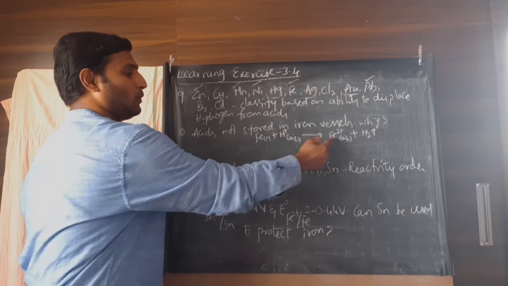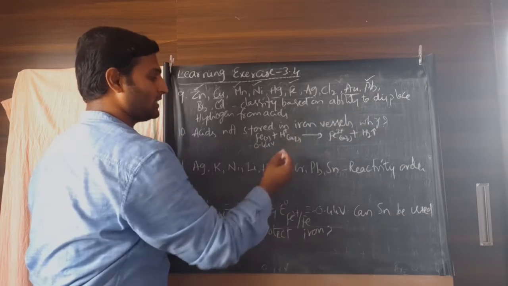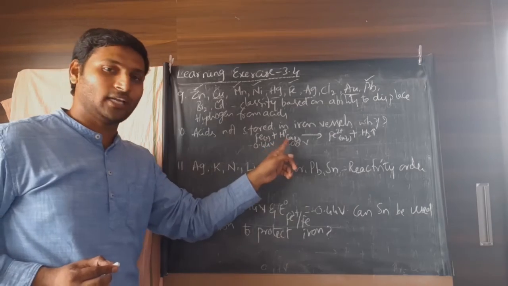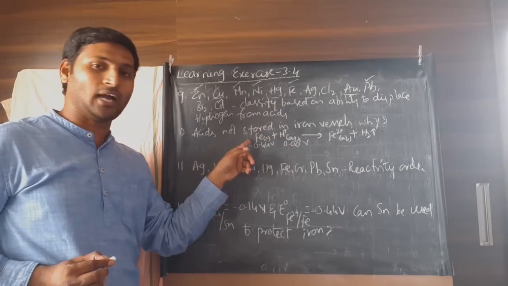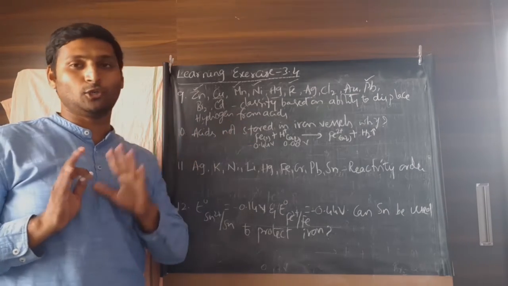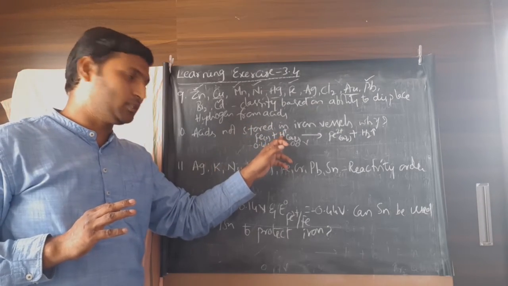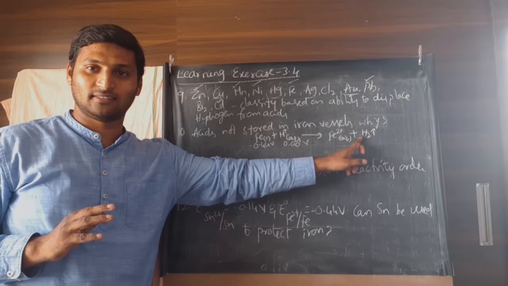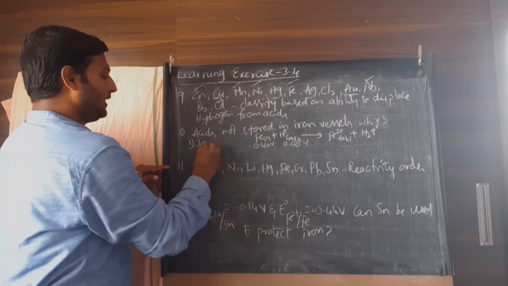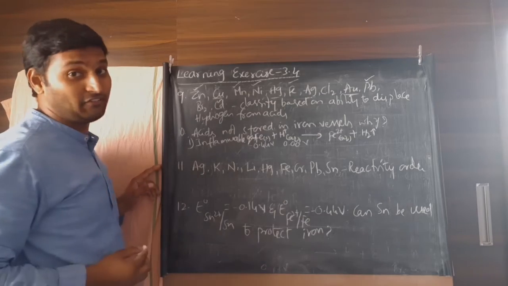Now here iron is undergoing oxidation and the iron couple electrode potential is minus 0.44 volts, and hydrogen is undergoing reduction, its electrode potential is 0 volts. The one undergoing reduction having more potential, the one undergoing oxidation having less potential, perfectly suitable for the reaction to be feasible. That's why iron is going to displace hydrogen from acid and liberate hydrogen gas, because of which three problems will arise. One, inflammable gas is produced, which is not safe in laboratory conditions.